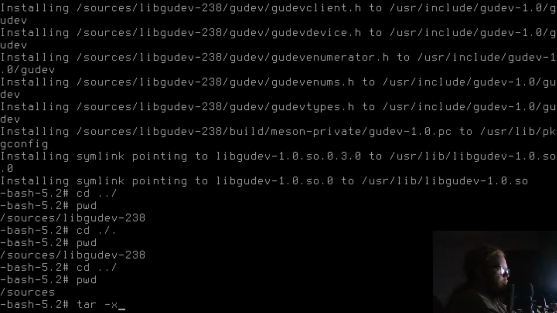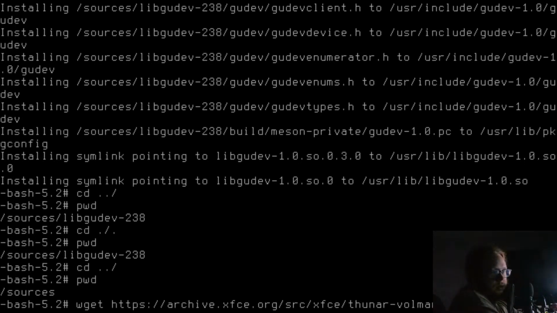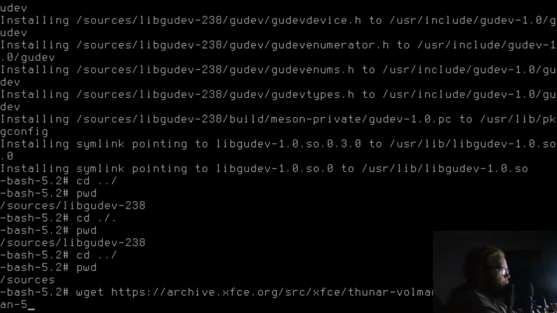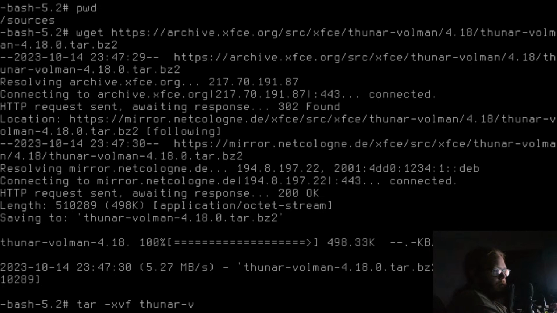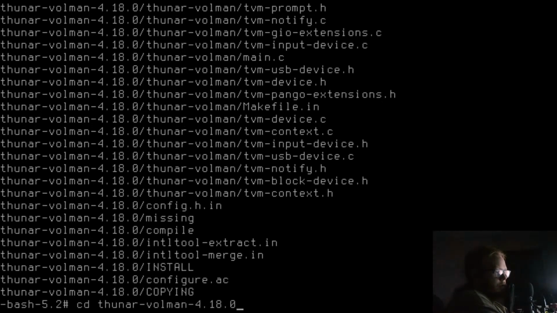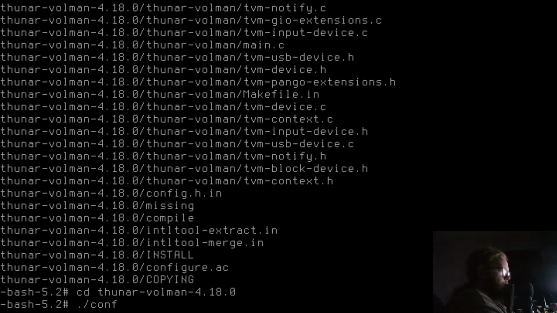Back to Thunar Volman. wget https://archive.xfce.org/src/xfce/thunar-volman/4.18/thunar-volman-4.18.0.tar.bz2, tar -xvf thunar-volman, cd thunar-volman, ./configure --prefix=/usr and time make -j30.